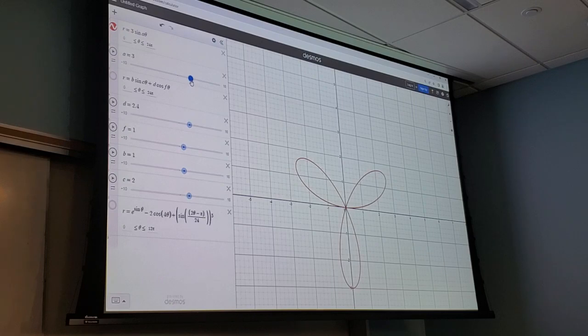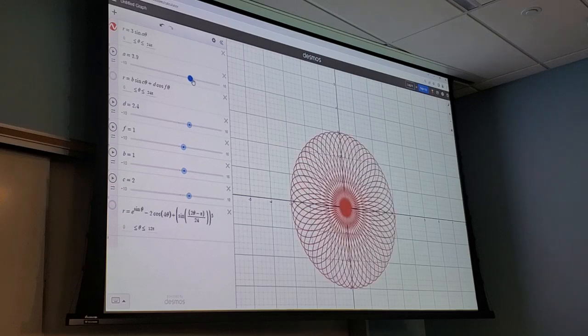So instead of retracing itself, it does the same shape just a little bit over. So that's why when I go off from a whole number, let's go to 2.9. Look at that. So it's just out of phase. It's not retracing itself. But if I go to like 4,